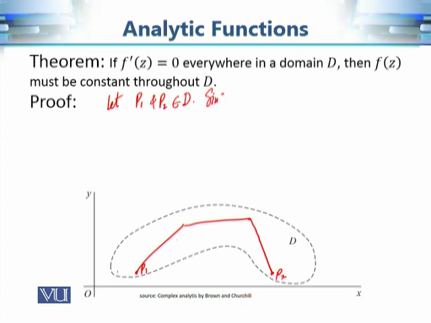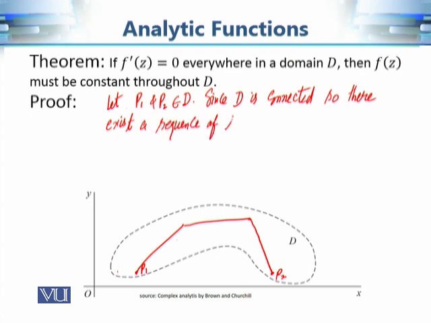Since D is connected, there exists a sequence of line segments. This is a very particular example with only three line segments, but in general there will be n line segments joining points